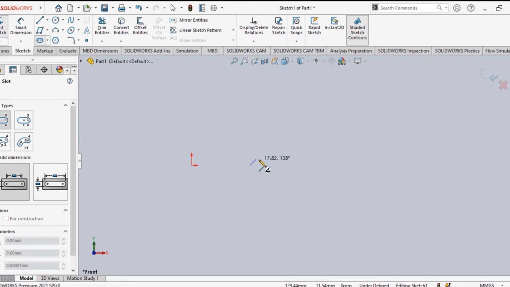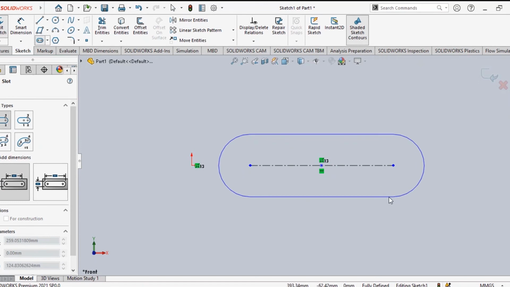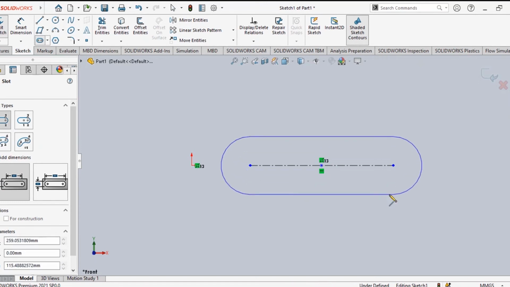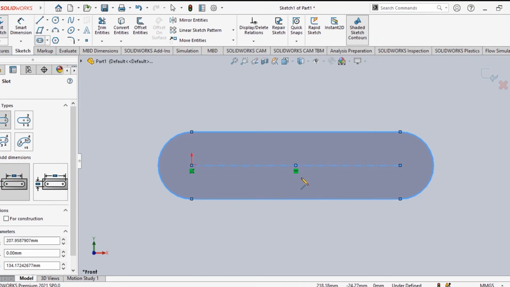This is the first center we have clicked. This is the second center. Now you have to go up or down. If you go up and down, that means 3 different points are needed. Now, this is a slot, right? We have made the slot by using 3 different points. First one is the center point, second one is the second point, third one is any point on the periphery. Now dimension to this one you can give any time. Dimension is not an issue. We'll show later on. So this is the slot.